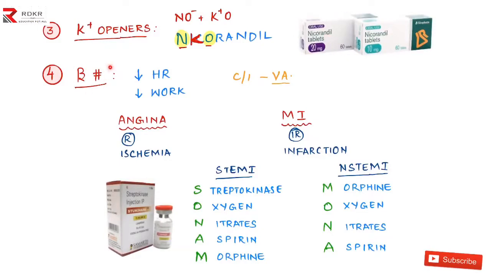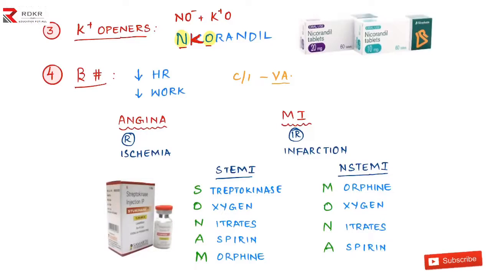And beta blockers, why do we use the beta blockers? To decrease the heart rate or to decrease the workload on the heart. So these beta blockers are absolutely contraindicated in variant angina, because in variant angina we have the problem of spasticity of the vessel. There if you give this, we get many side effects. So we give beta blockers only in the classical variant. We have discussed the beta blockers in the older videos. You can watch in congestive heart failure for detailed information on the beta blockers.